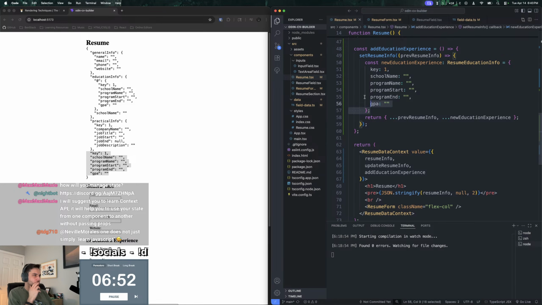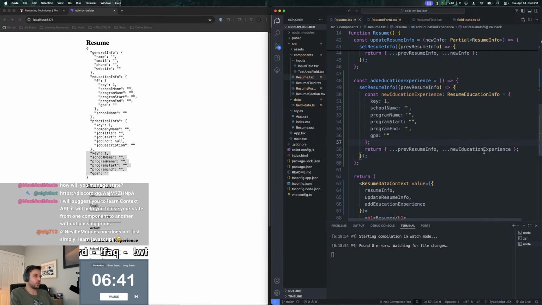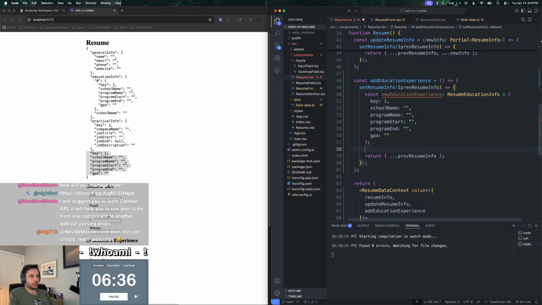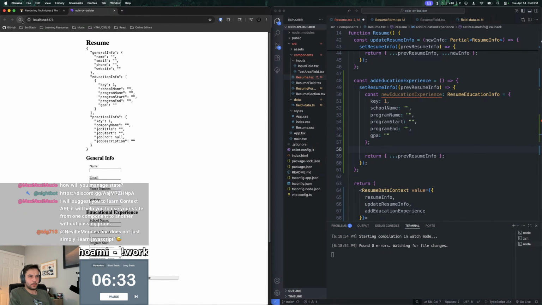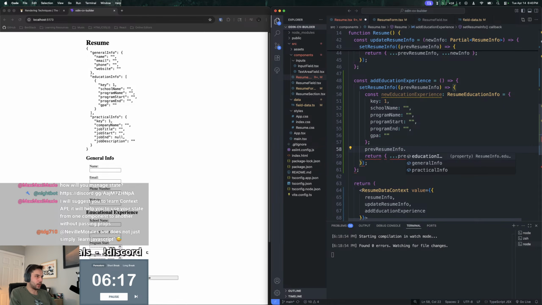Because we need to append this to the end of the previous resume info dot education info, right? So maybe we need to actually change this. So we'll actually have to do it like this. I don't know if this is possible, but I'm gonna try this out. So I'm gonna do previous resume info dot education info dot append, or